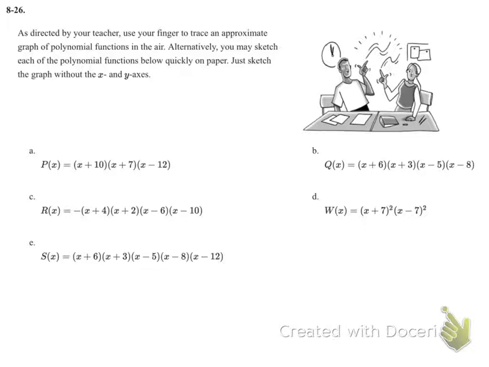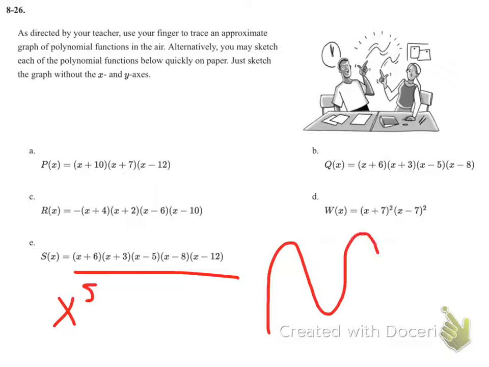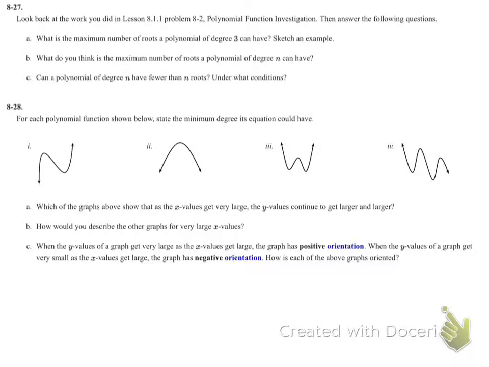And the last problem, it is going to be a fifth degree polynomial. If I multiply all that out, it'd be x to the fifth, which means it's going to look something along the lines of this. So if I take a look at the next problem,